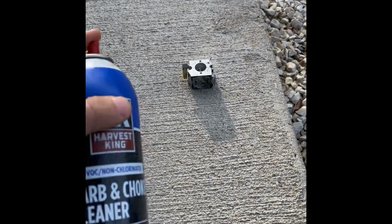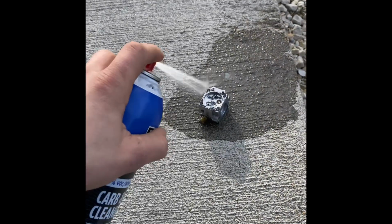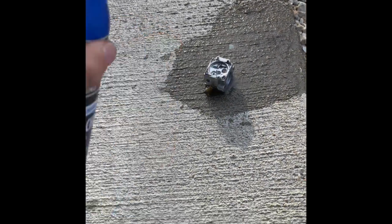All right, we're back inside. Got it back on the little makeshift work table, and I'm going to just clean the crap out of it. Now, you can never use too much of this. You just want to make sure you get all the...